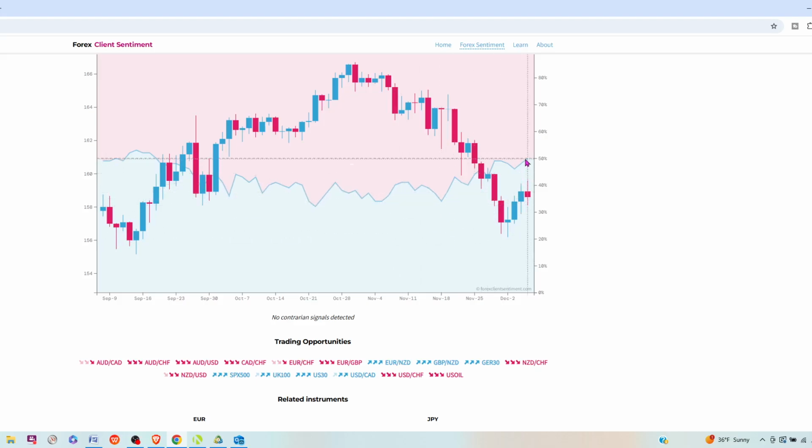But this is why I'm saying you want to wait and have this retail sentiment play out, which means it has to become more net long on this sentiment, up to at least 60% before you start looking for short positions. Okay,